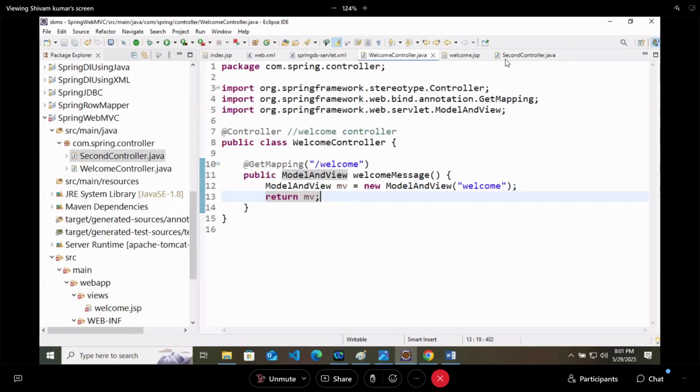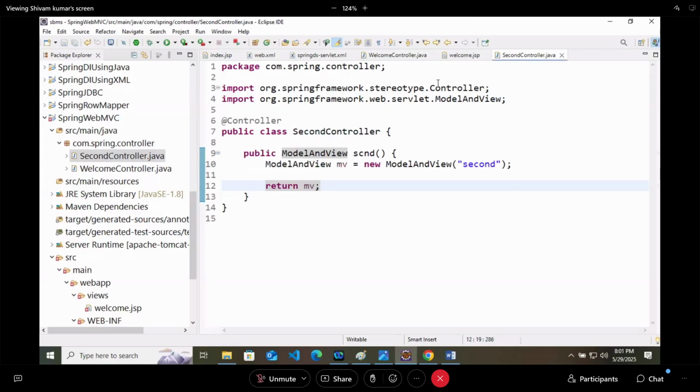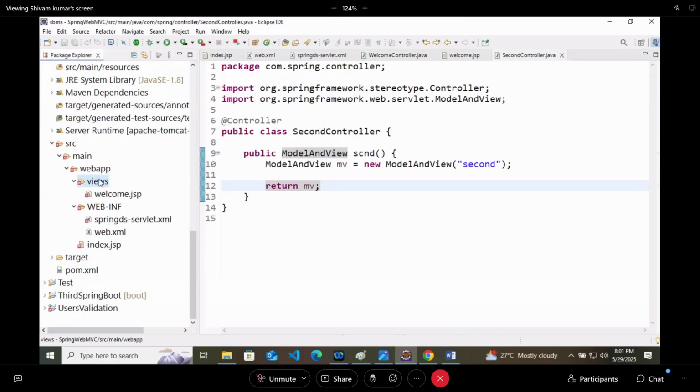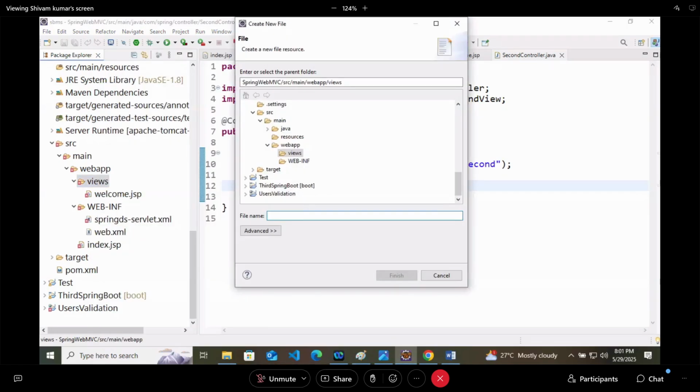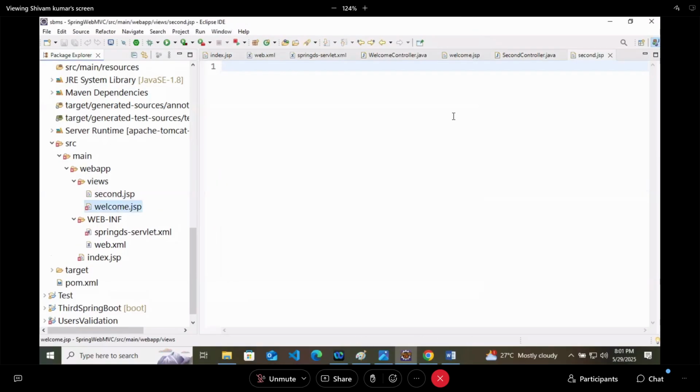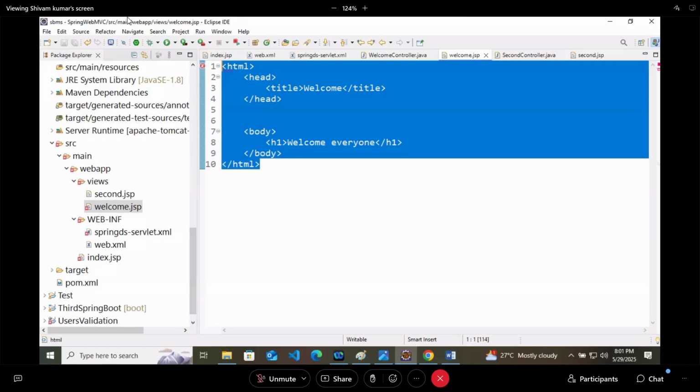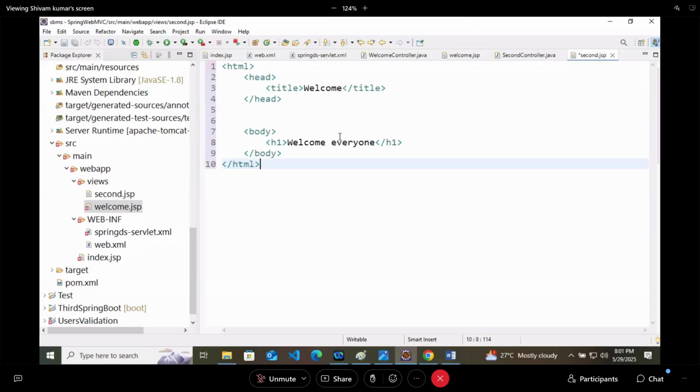In the views folder, I will create one file that is second.jsp file. And inside this, I will just write one boilerplate code. And in H1, I am just printing the second controller. Okay, very sorted. Now we will start our application.